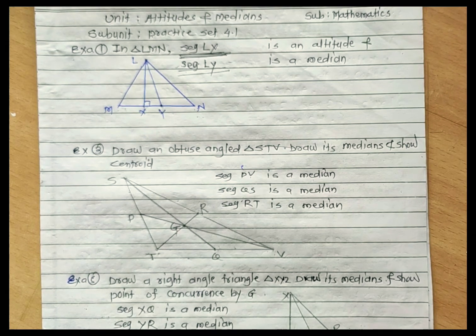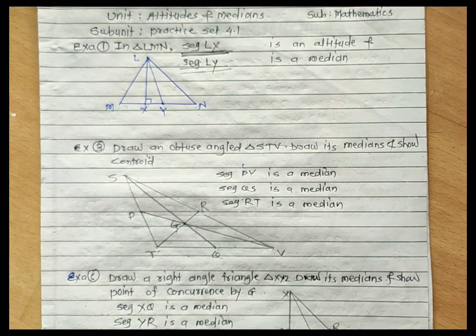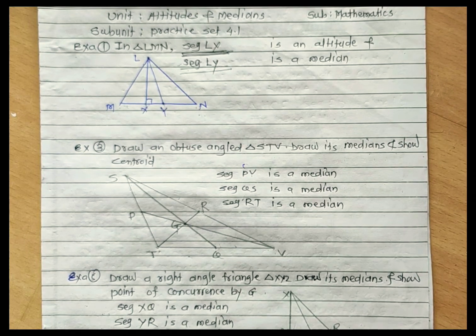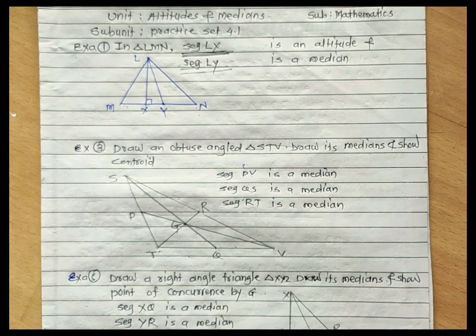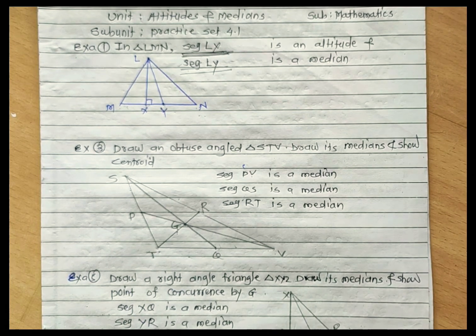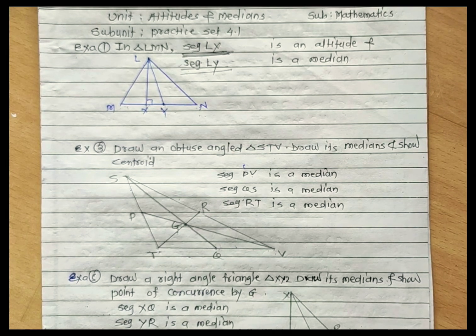Now on this side find the midpoint of the segment. You know that procedure. Midpoint Q is the point, and draw the segment to vertex X. XQ is the median. Now from the third side R is the midpoint, and from this midpoint you draw a segment to the opposite vertex. XQ, then YR, then ZP are the medians and their point of concurrence is G, which is called the centroid.